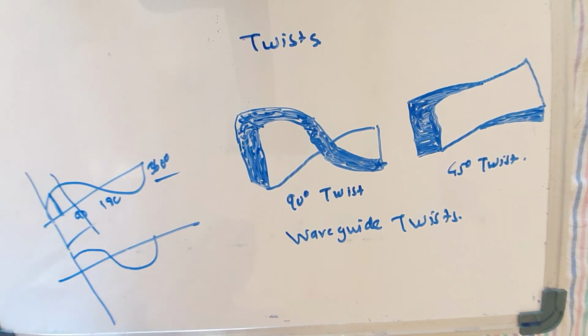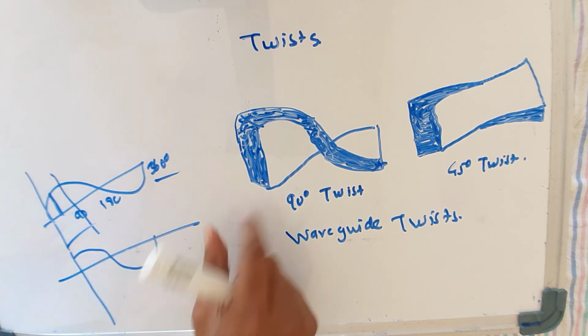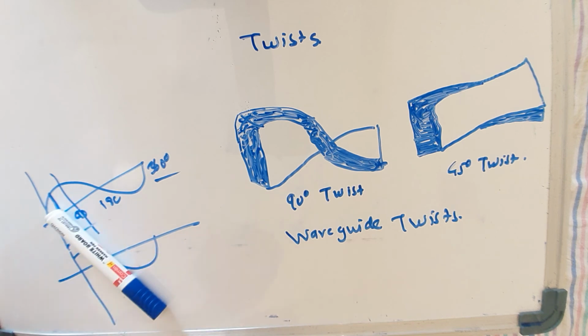The twist is basically used to change the polarization direction. A waveguide twist may be used extending over 2 or more waveguides. So in between 2 or more waveguides we have to use the waveguide twist. Waveguide twists are used to change the direction of polarization. Thus, waveguide twists are used to convert vertical to horizontal polarization and vice versa.